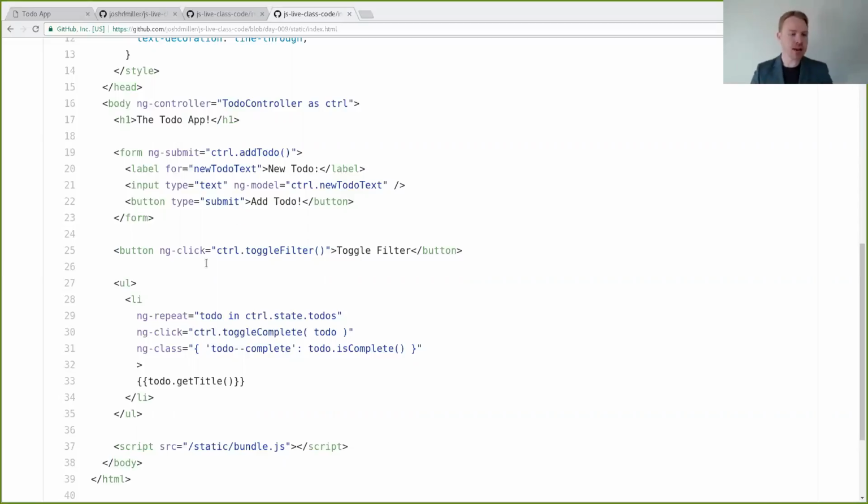A lot of templating languages will use similar things to this. Vue uses a very similar style, which we'll see in a few minutes. Other templating languages will use the double curly braces to evaluate an expression and print its contents out. So there is a learning curve here, because in addition to learning the Angular JavaScript and how all that works, you also have to learn all of these directives. You can create your own directives to do your own functionality and so forth. So there's a learning curve there.